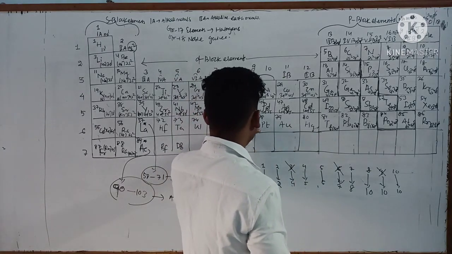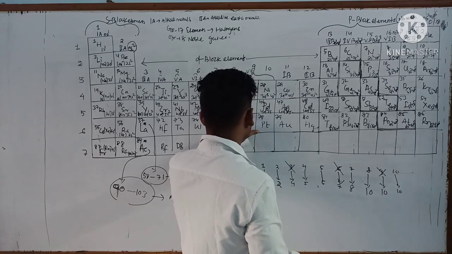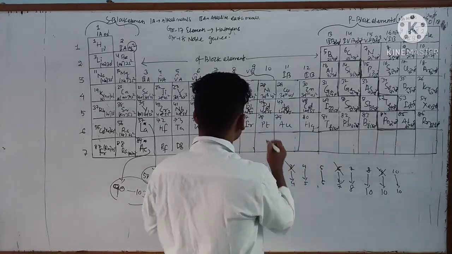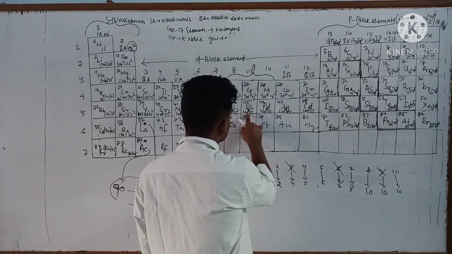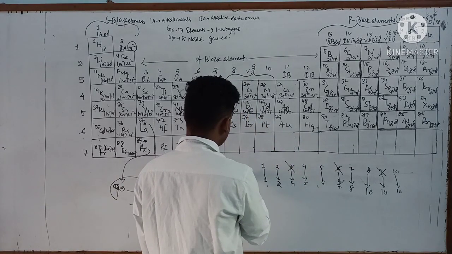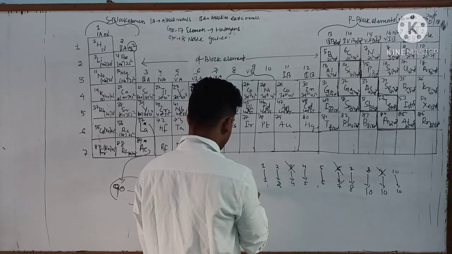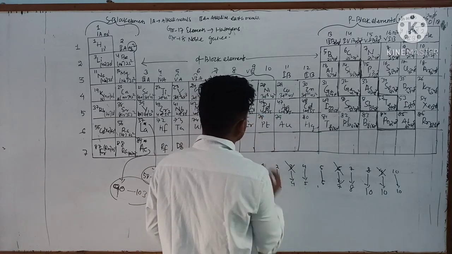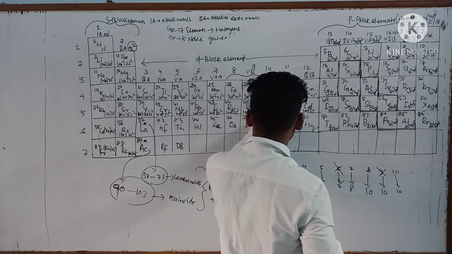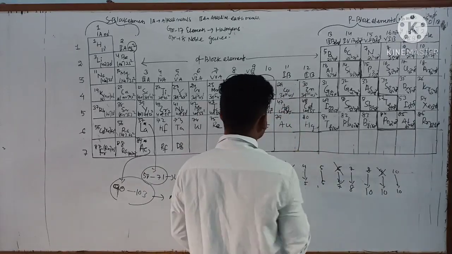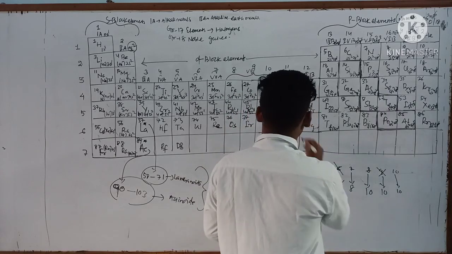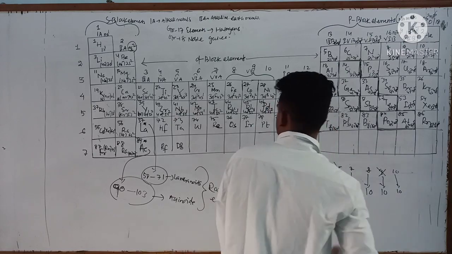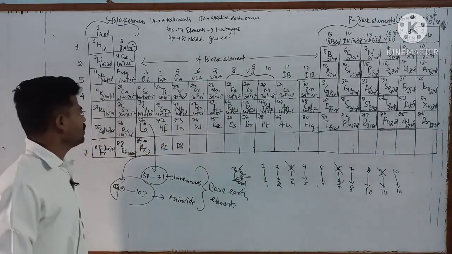36 plus 8, that will be 42. 43. 36 plus 8, that will be 44, so that will be 1. Next 36, 46, that will be 0. 46, 1. 46, 2. So this is the configuration of your